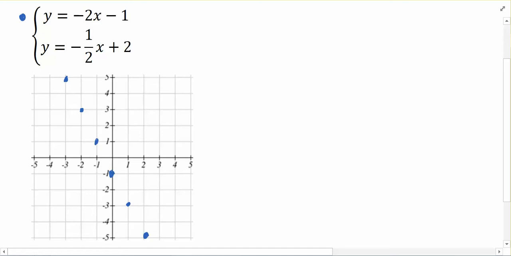1. I would highly advise doing as many ordered pairs as will fit on your graph, because what we're looking for is going to be the intersection. So the more points you've plotted, the better off you're going to be, because if you're anything like me, your freehand lines aren't perfect. And so it's hard to see exactly where it's supposed to be going through.